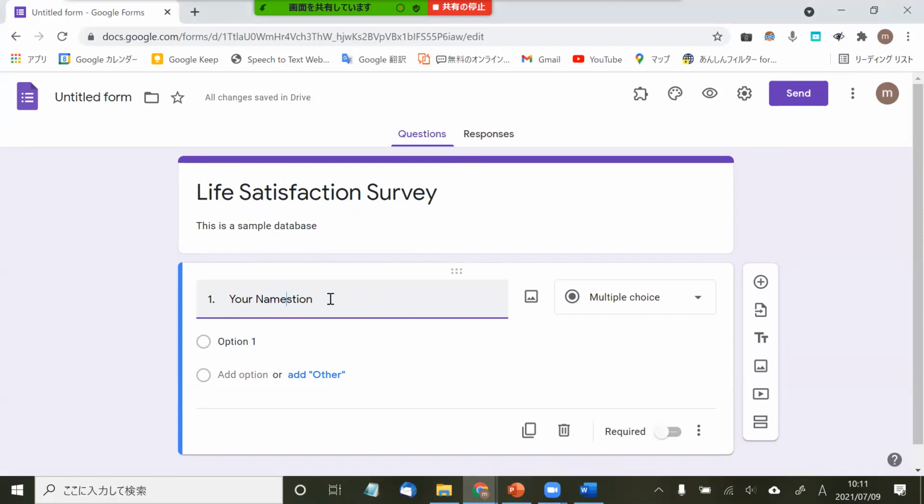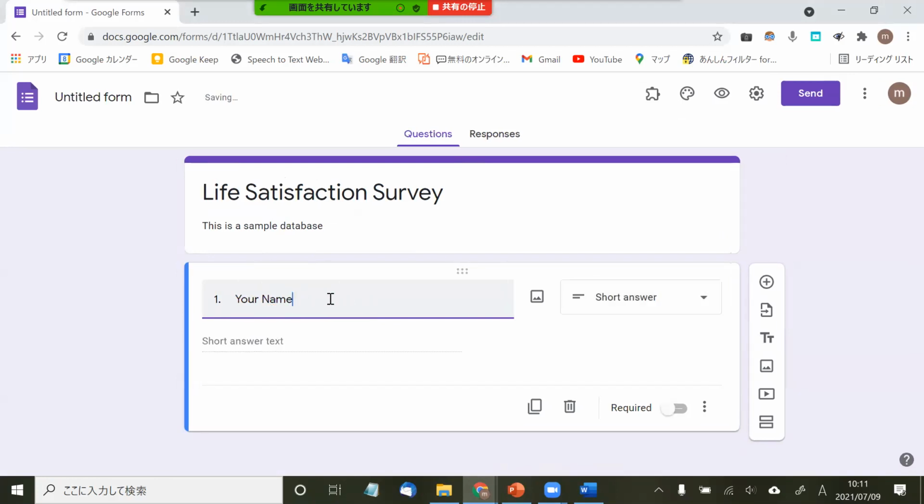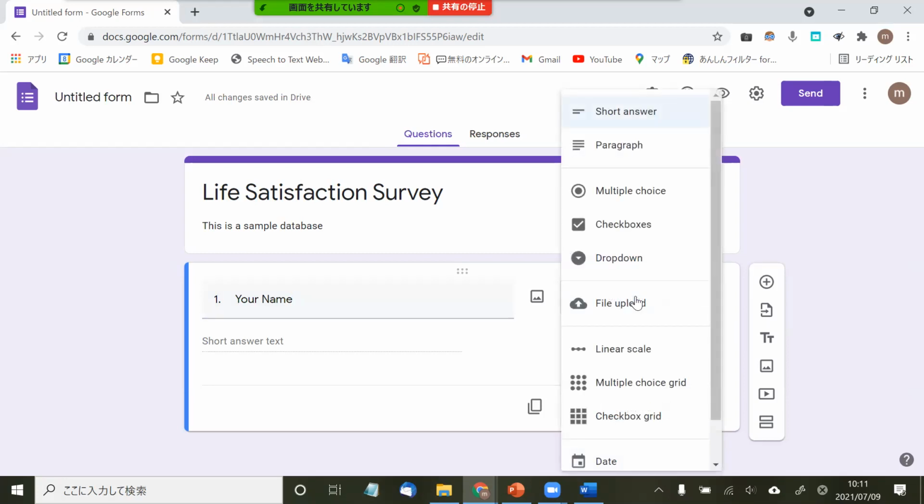Since your name appeared here, the Google Form can choose an appropriate category for the section. For example, this time they choose a short answer. There are several ways of setting the form. So first is short answer, next paragraph,